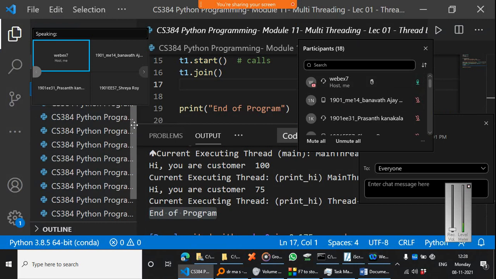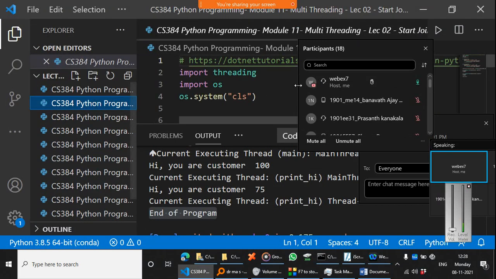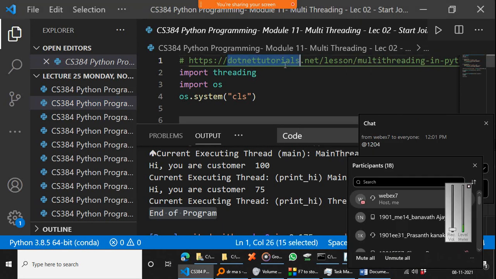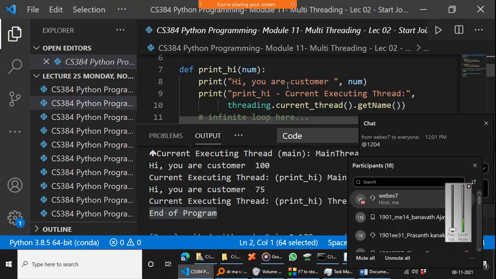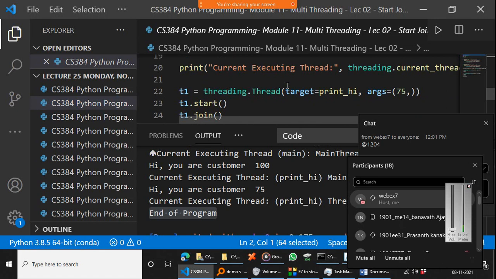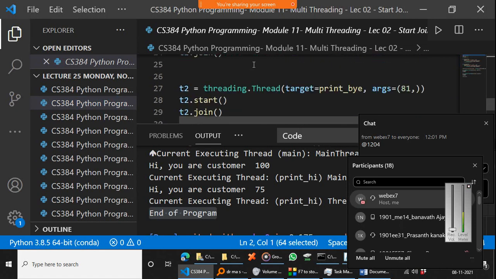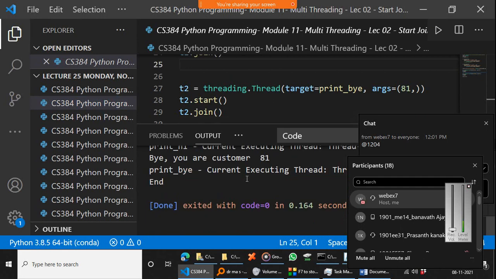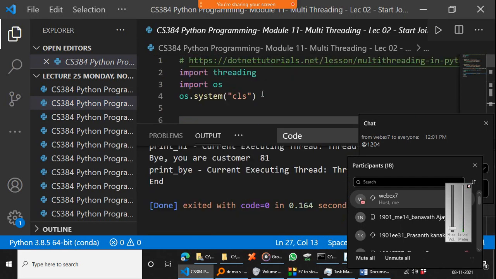So you may just ask, what is the difference between a thread and this? Let me take you to some tutorials again. I have kept the tutorial from where I have taken them. One is the thread name. So basically what happens in this code is the thread will assign a name to the program that we are doing. Let me just check with the import os.system cls,